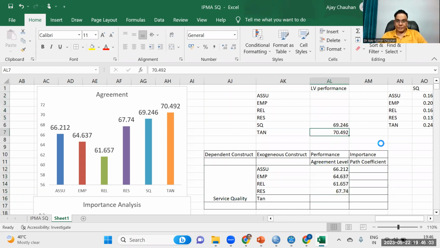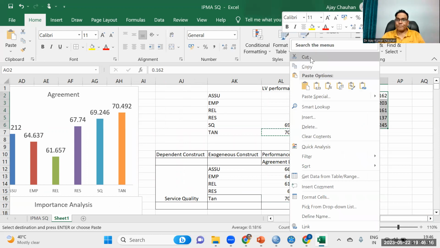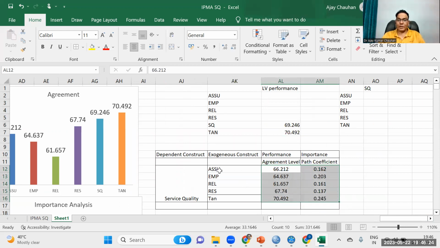And one is this, and the importance level is coming from this. Let me check assurance, empathy. So the sequence is the same like this. So your table is ready, and you can take this table along with the graphs